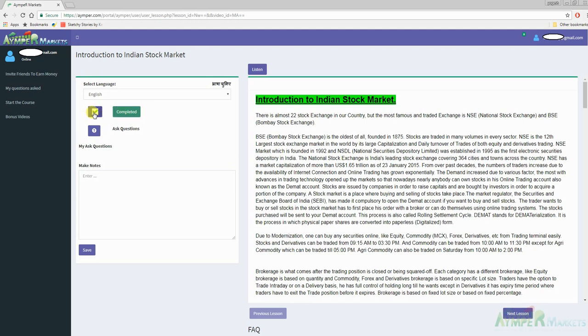Once you complete it, there is no going back. You cannot unclick this. So make sure that until you have understood thoroughly, you do not click this button. And once you click this button, then only your option of next lesson gets activated. Until you click this button, the next lesson button does not get activated. That means you cannot skip any topic at all before going to the main course,